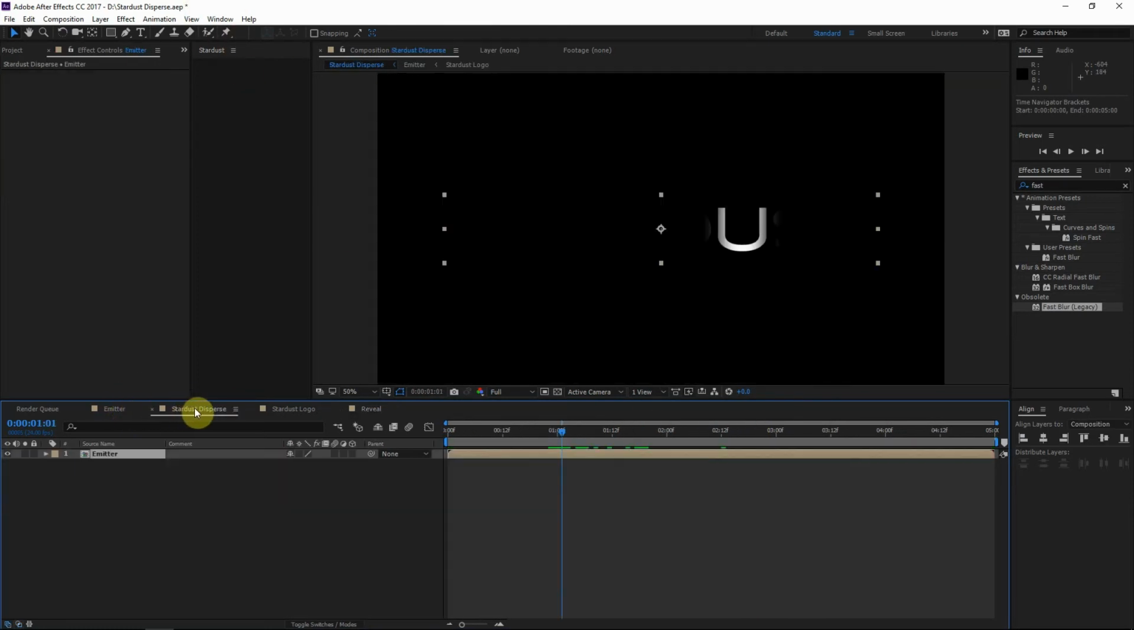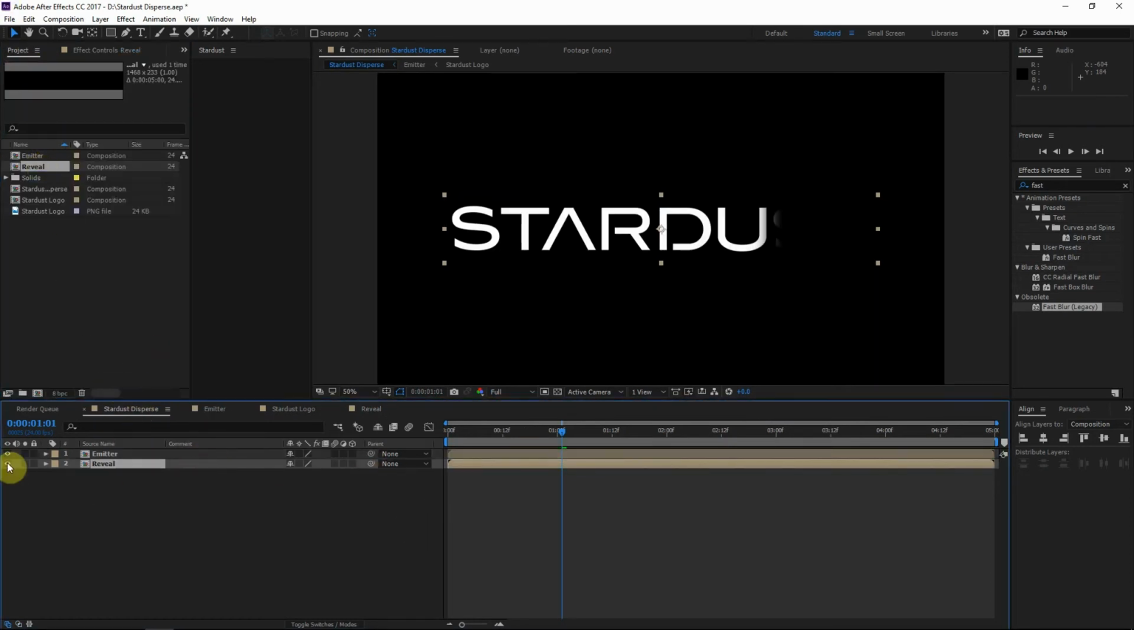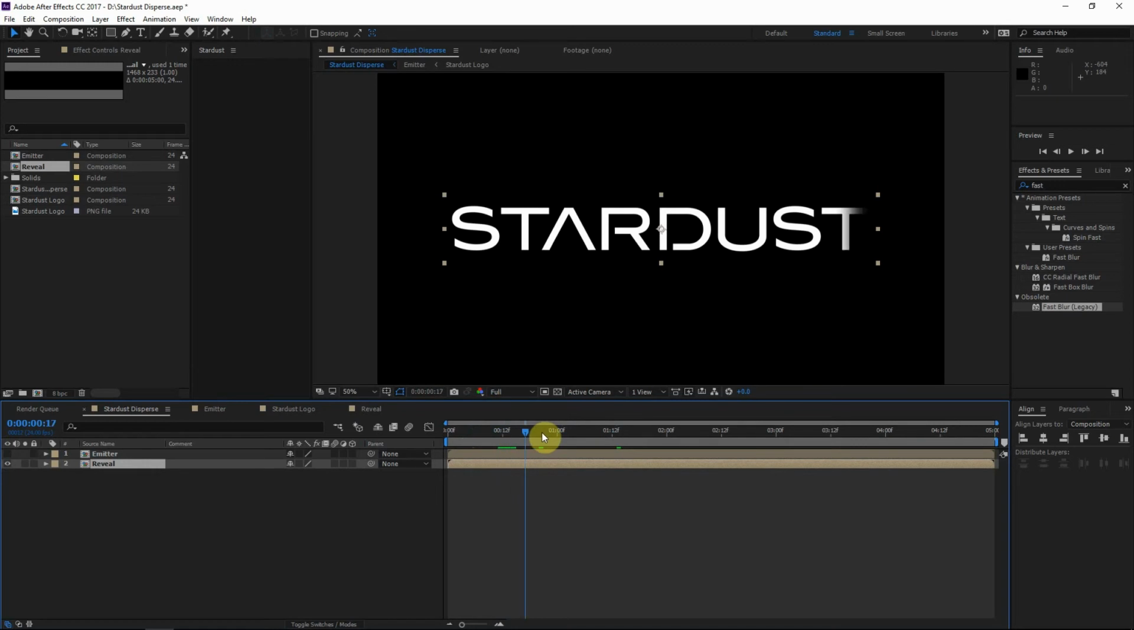Okay, so let's go back to the Stardust Disperse composition, our main composition. Let's just drag in that reveal composition. So we have two compositions now. We have the emitter composition and then the reveal composition. Okay,